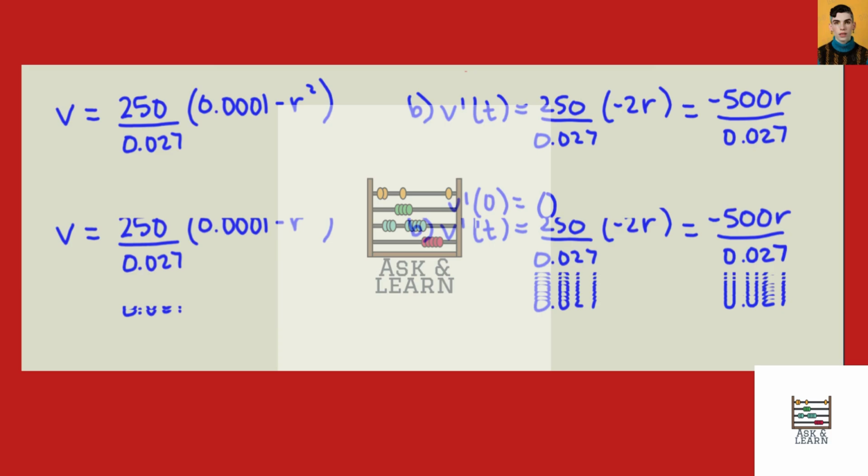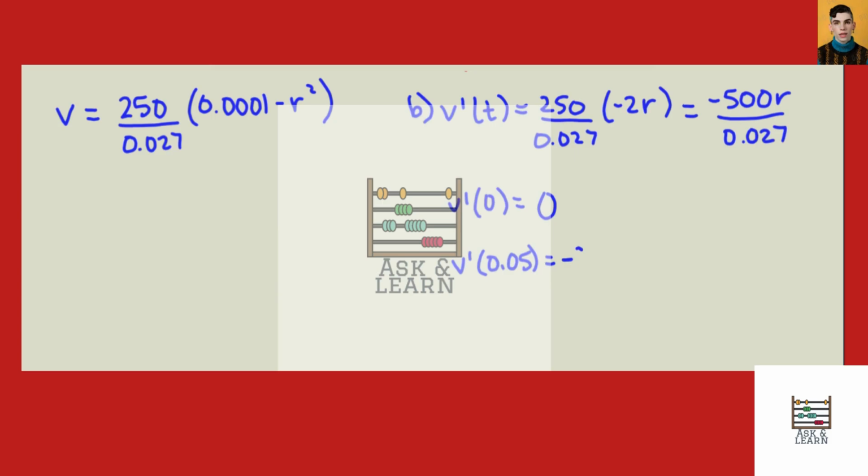And we end up with 0, which means that the rate of change of the velocity is 0. There's no change in how fast the blood is flowing at that point. And then v prime of 0.05 is negative 92.59 approximately, and v prime of,